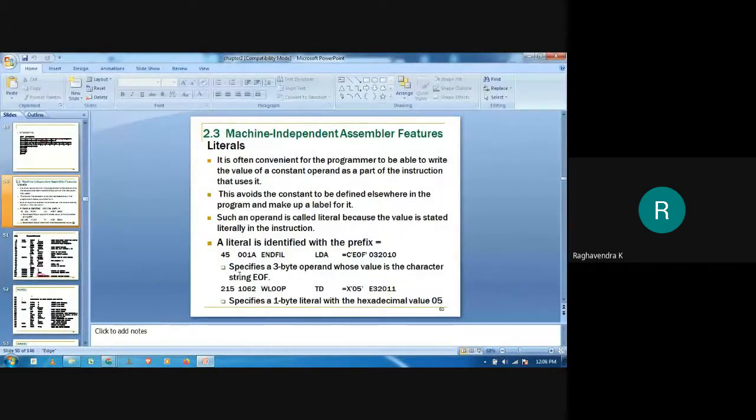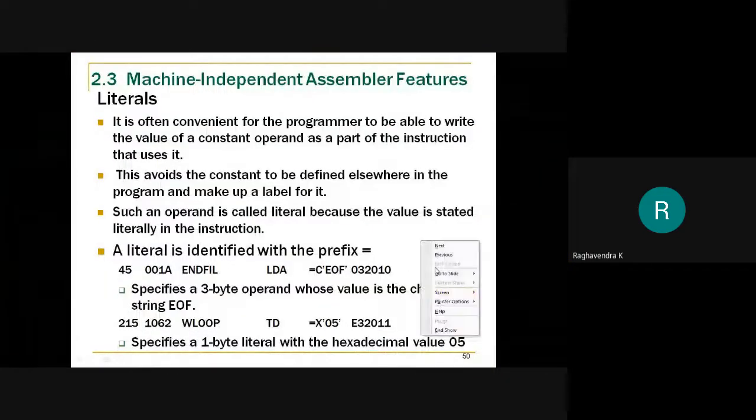So as I was saying, we are looking at the concept of literal. It can be specified directly in an instruction by using the equal to symbol. The assembler is going to generate an address for that, and that address is going to be used for the assembly process, right?